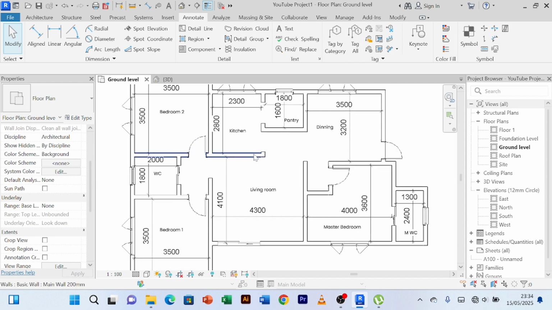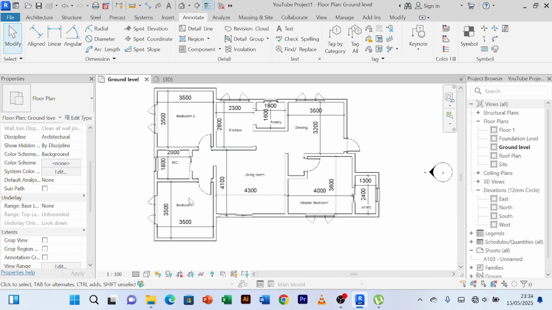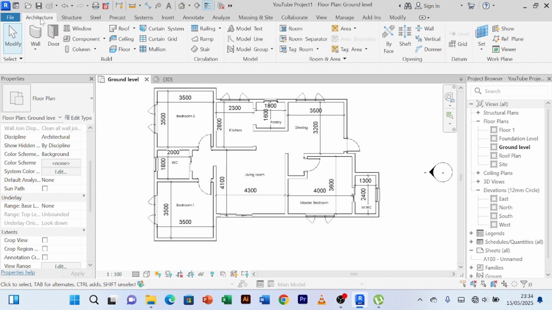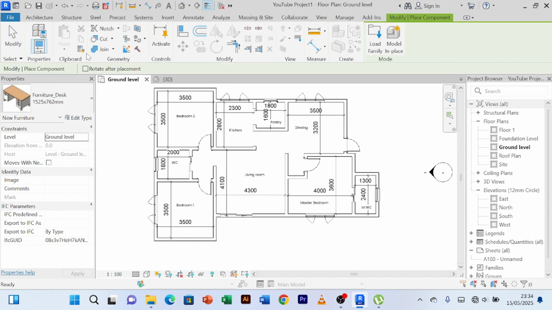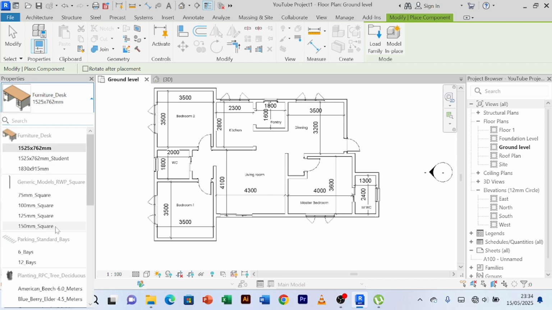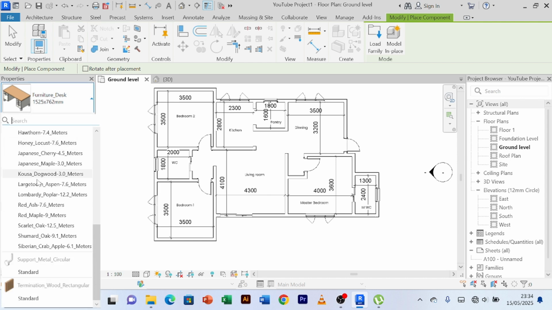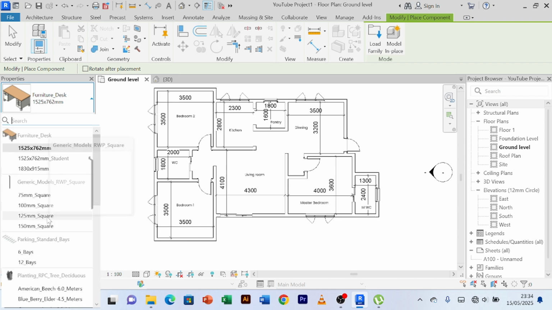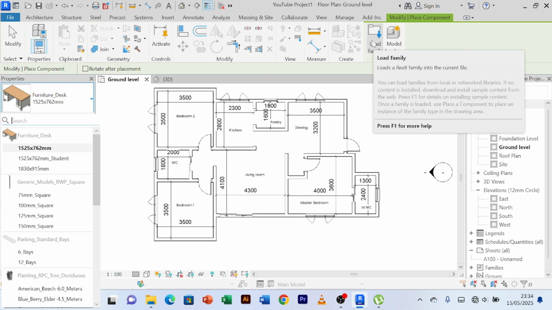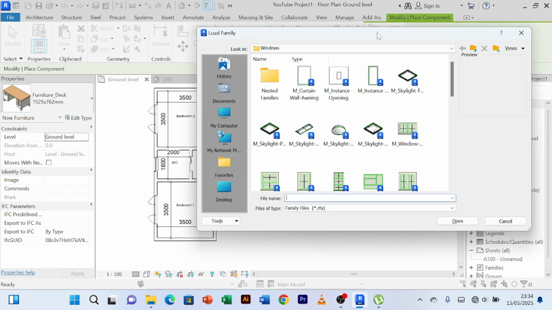Now we are going to load a few components here. Let's come to architectural tab, and then we go to components. You click on this drop down, place a component. From here you can check some components here. If you have ever loaded components, they will appear here. But if you have not loaded, you come to this part that says load family. So from here I'll click load family, and it will take me to my